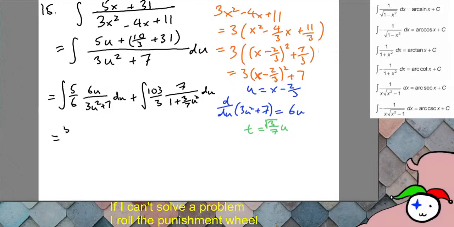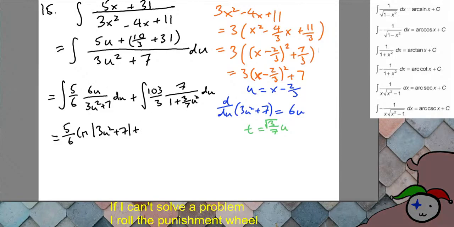So this equals 5/6 natural log of 3u squared plus 7, because the top is the derivative of the bottom,